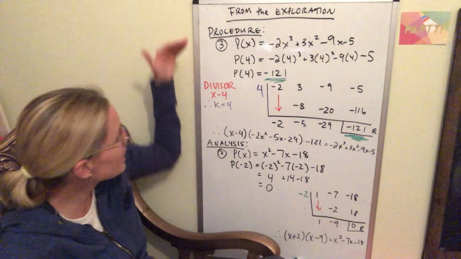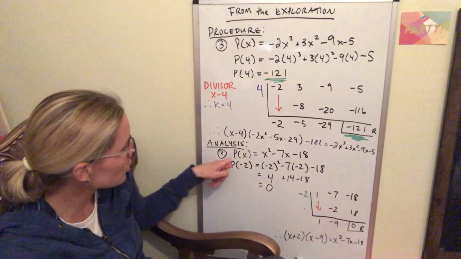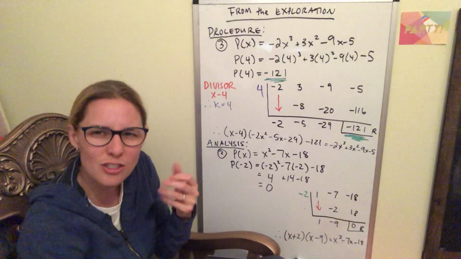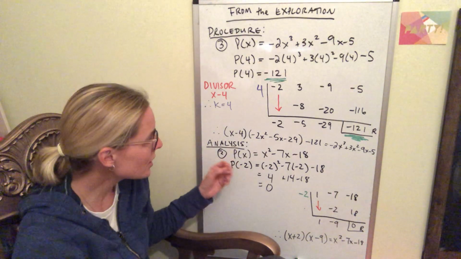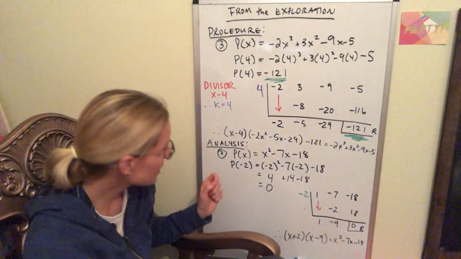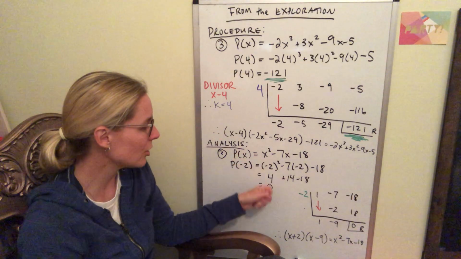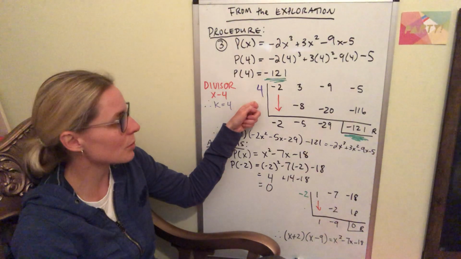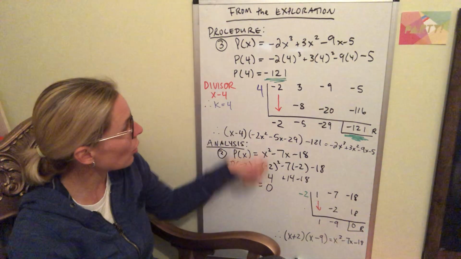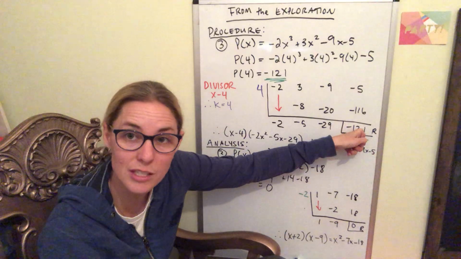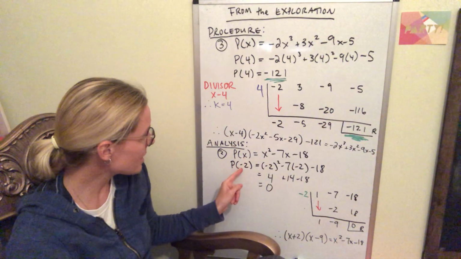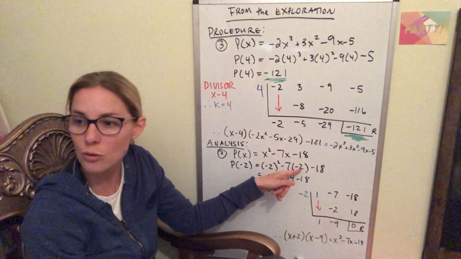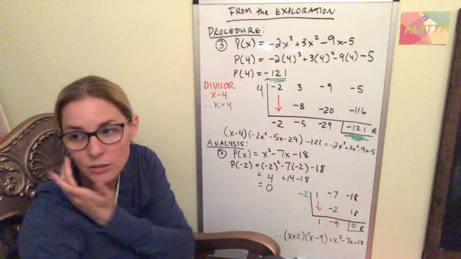So you go into the analysis section, I picked up number 2. It's a simple quadratic that we would already know how to factor if we wanted to. But let's just check. Okay? We want to do a test point. And the test point we want to substitute in is a value that will give us an answer of 0. Because based on what we saw up here in the procedure, an answer of 0 would be equivalent to a remainder of 0, and that's what we're looking for. So when I sub in a negative 2 squared minus 7 times negative 2 minus 18,